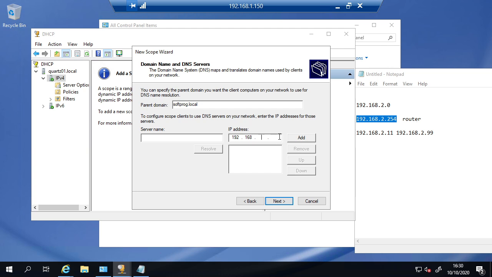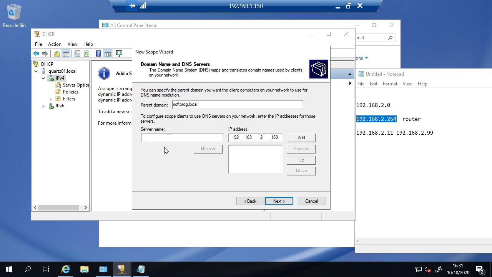It's not the same subnet, I agree, but that's only because this server is going to be entered into a different subnet, so I'll make it 2.150. So if the DNS server was set up on this server, when this server issues the IP address,